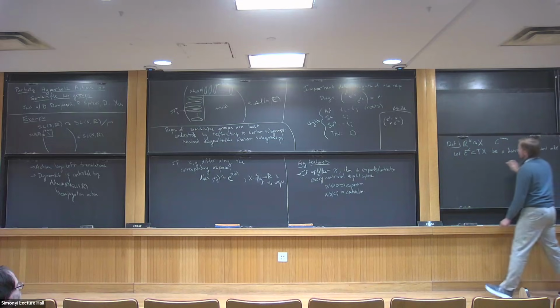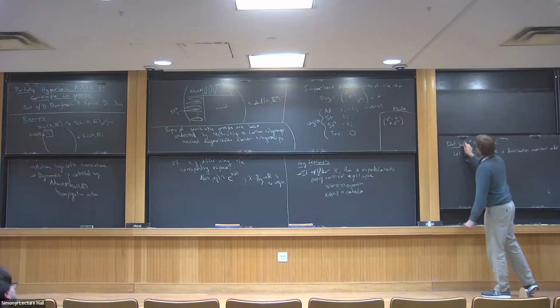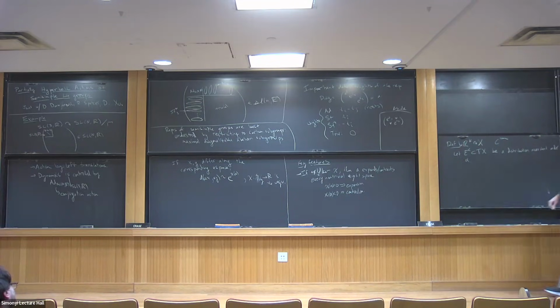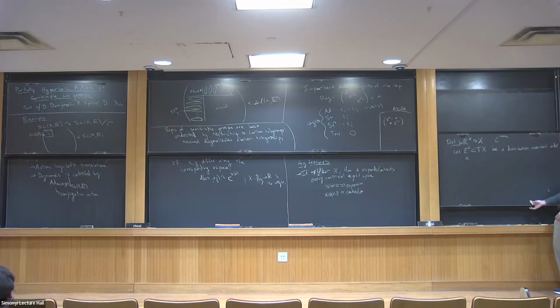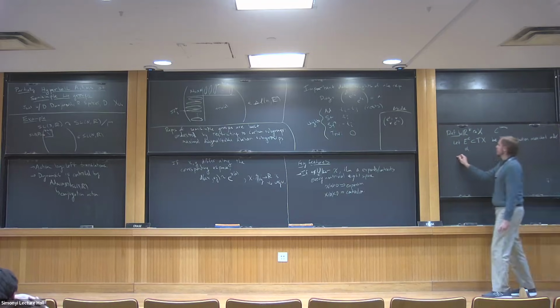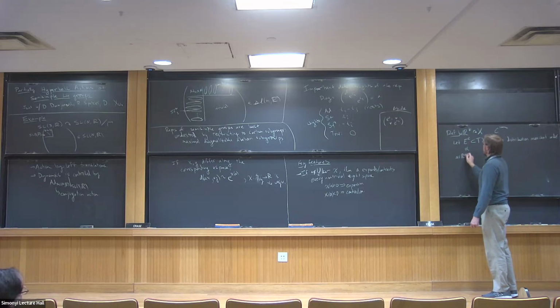Give our action a name, why not? Alpha. I have an R^k action and I want to fix an invariant distribution for this action. I'm going to say that A in R^k is partially hyperbolic, EC partially hyperbolic,